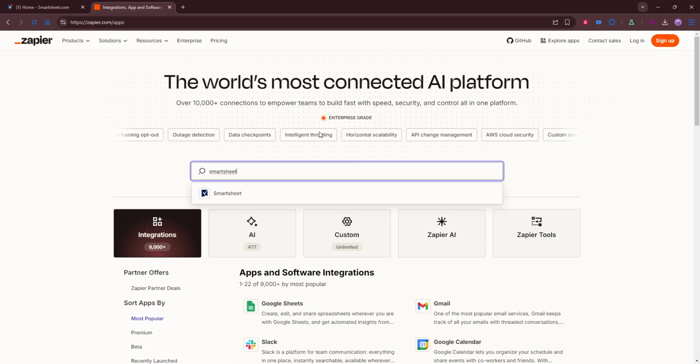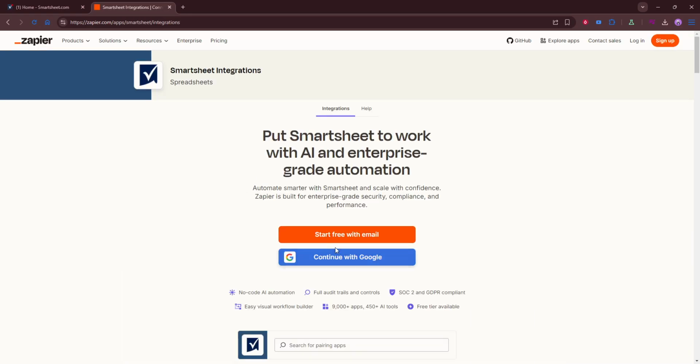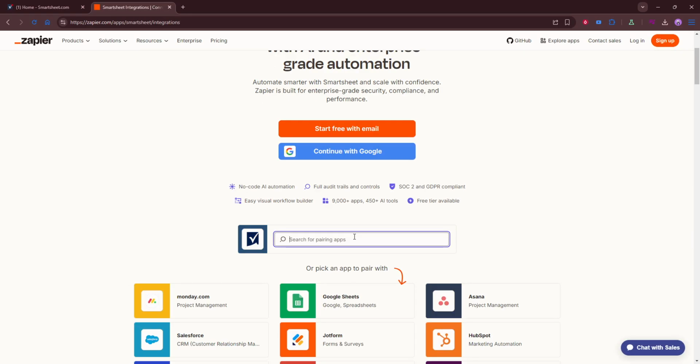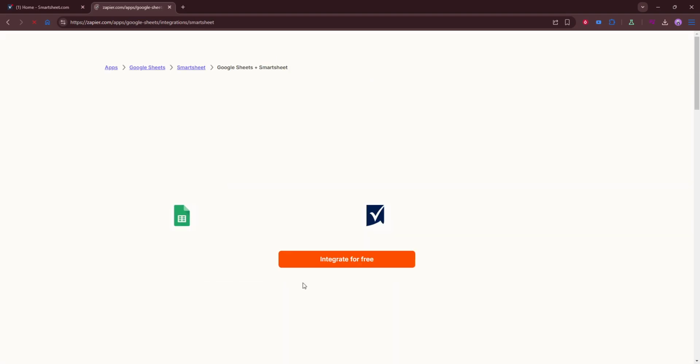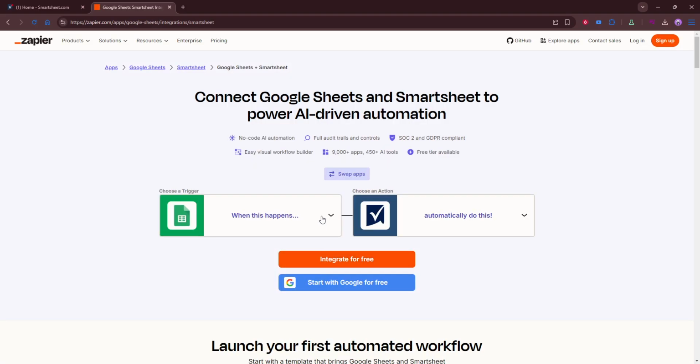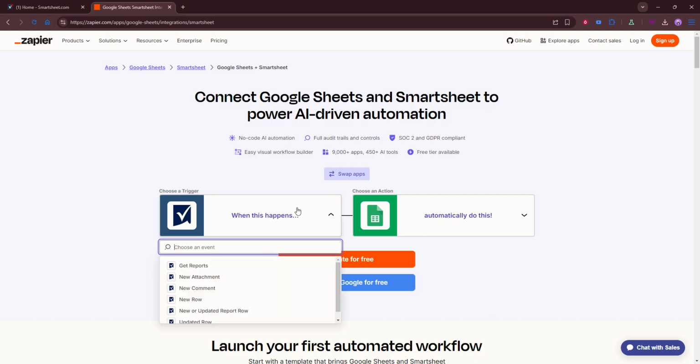very similar. Next, choose Smartsheet as one of the apps in your automation. This app will act as the source of the data. After that, choose Google Sheets as the other app. This will be the destination where your data gets sent. At this stage, the automation tool may ask you to connect your accounts. If so, just follow the prompts and make sure you authorize access to both services so the integration can work